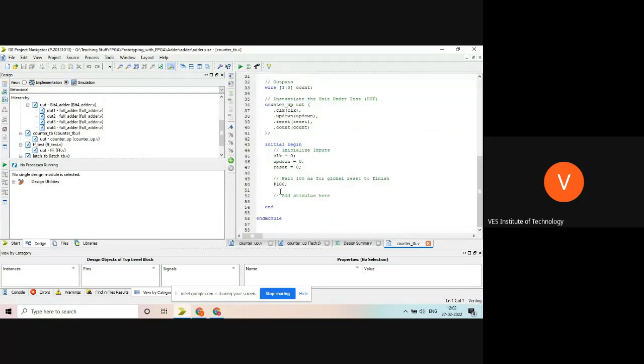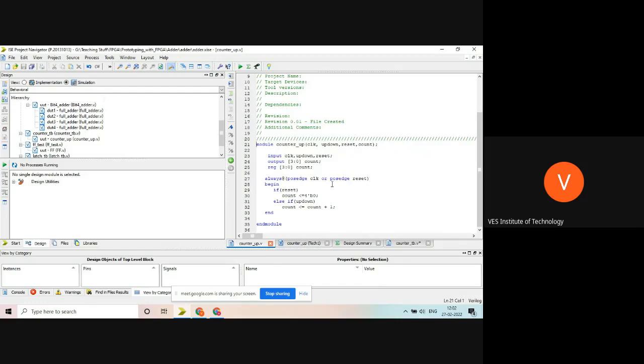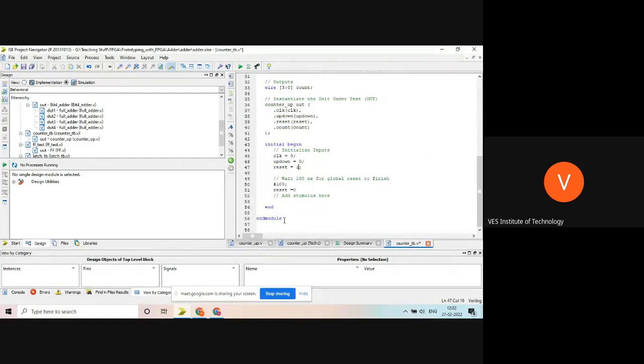So this is simple. I am making reset equal to 0, and this will be 1, as I'm using a positive edge of reset. You can see here it is a positive edge of reset. That's why I'm making it 1 now, and all other blocks will remain the same.